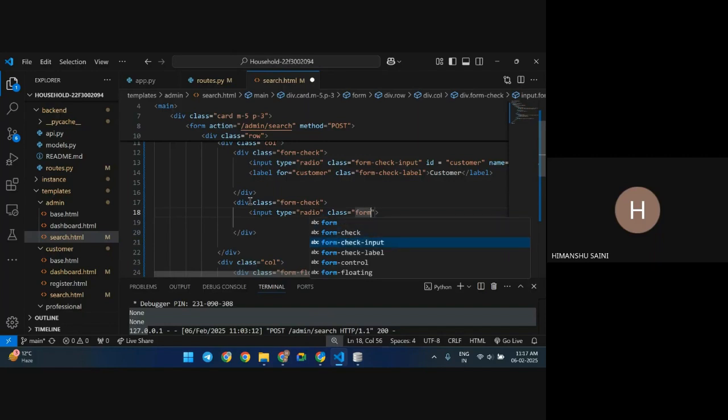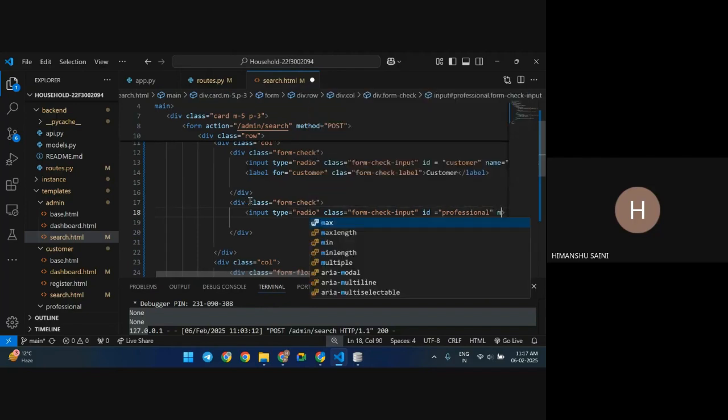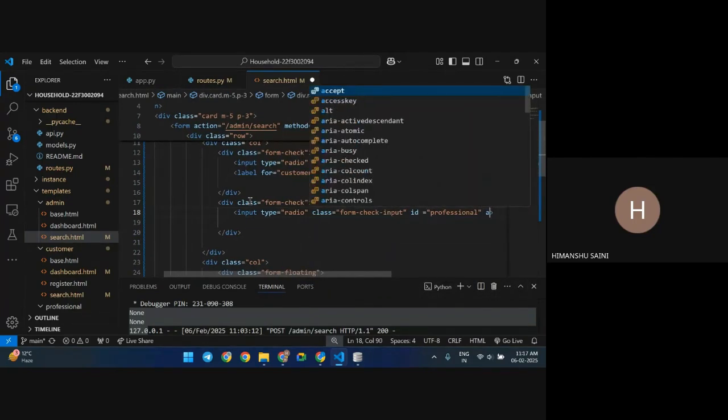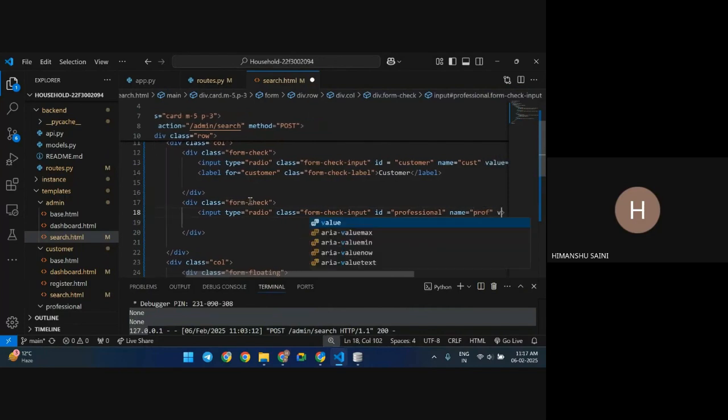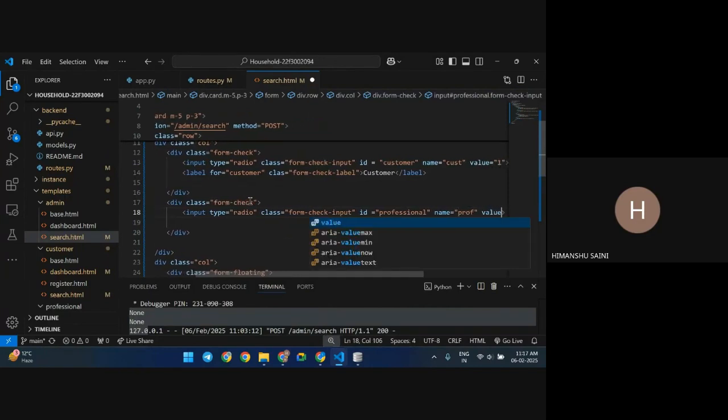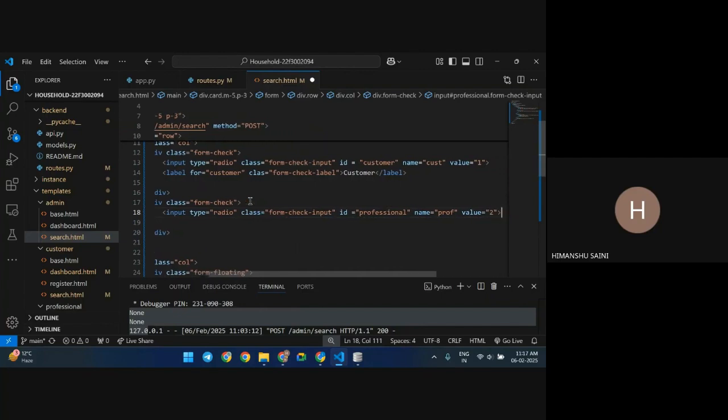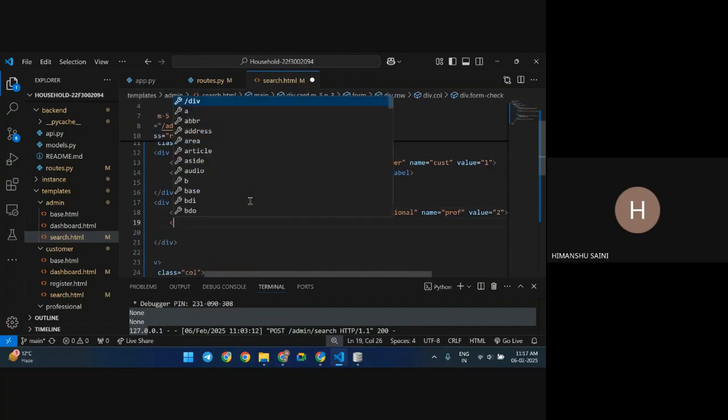Form check input, and this will have ID as professional, name equal to prof. Value will be, I'll say 2. A label,